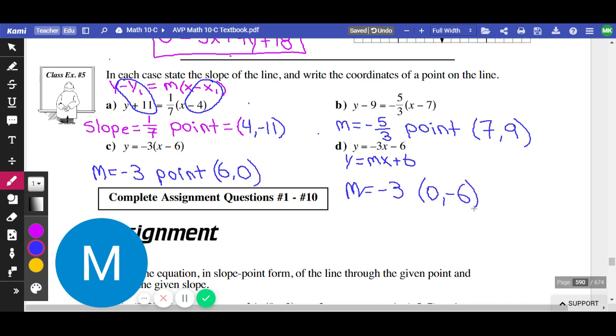And it's actually -6. Because slope-intercept form, you actually just pair it up and match it up. Slope-point form is when you reverse the symbols, when you're pulling your point out. Slope-intercept, no brackets, I just follow what it actually tells me. Okie dokie. So